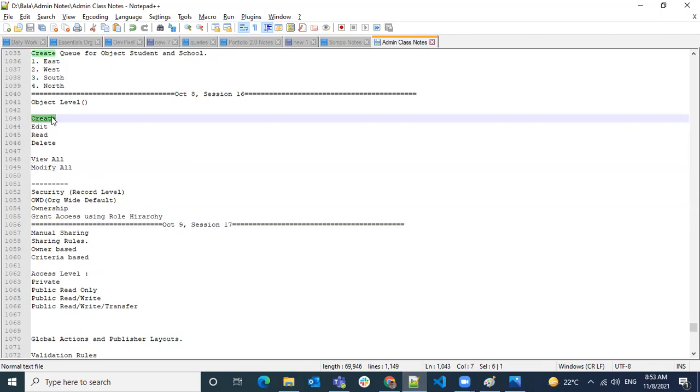So you can give modify all and uncheck create. It doesn't mean you need create to get modify all. You can make the users unable to create records, but they can access all the records in the object. Okay, so we can give modify all without create also, right? Yes, or you can give create so that they can create and also access all the records.